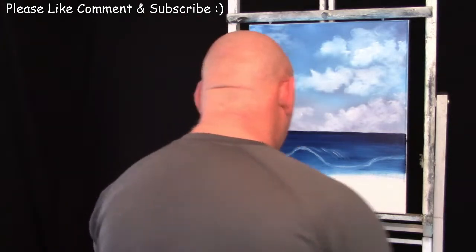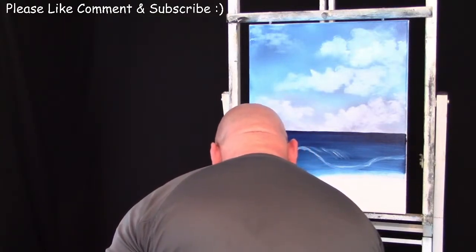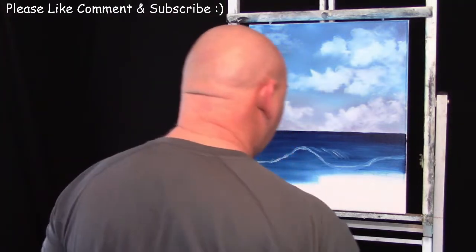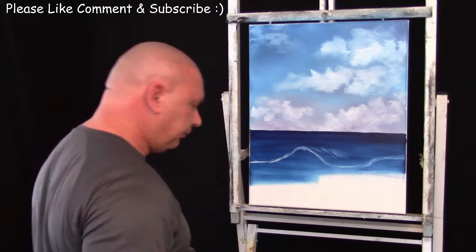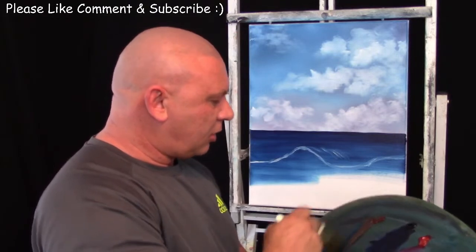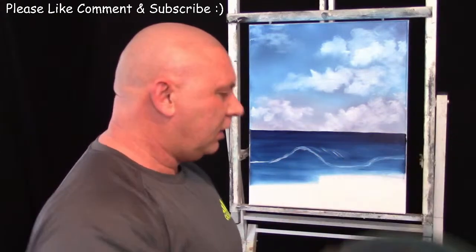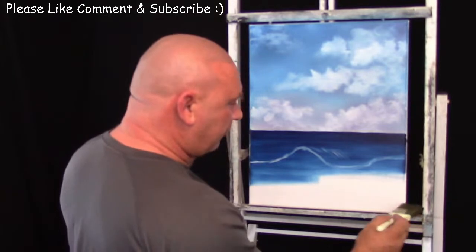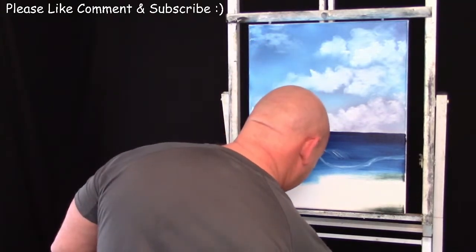So with that said, now I've got that put in there, I'm going to put in our dark base at the bottom. So with that, I'm not going to clean the brush. I'm going to go into some dark sienna, and I'm just going to pull some dark sienna down there, turn it over, give it a tap, tap. Now, good thing about the dark sienna, if it blends in the blue, it creates a bit of a green effect anyway, it's what we want. So I'm just going to pull this, as you can see, a bit of green,